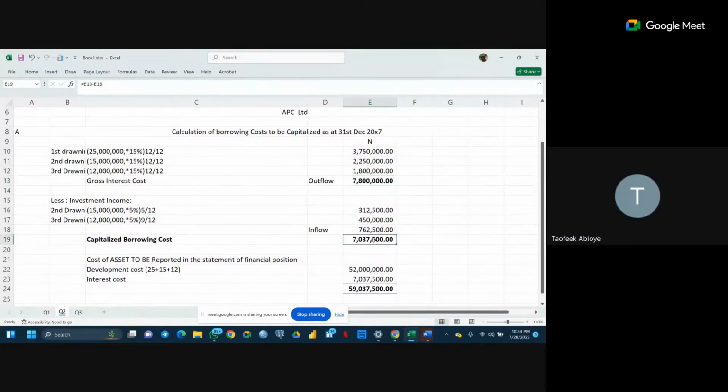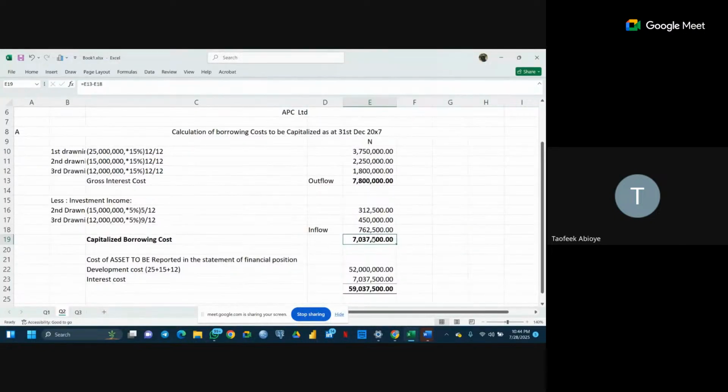Now, you now see this 7,037,000. Are you with me? Yes. This is an income to the company. How is it an income to the company? Because they invested the 52 million outside. You borrow me 52 million, I also borrow someone. That one is none of your own business. In case the person I borrowed decided to run away with the money, I don't have any right to give you story. I will pay you your own money.